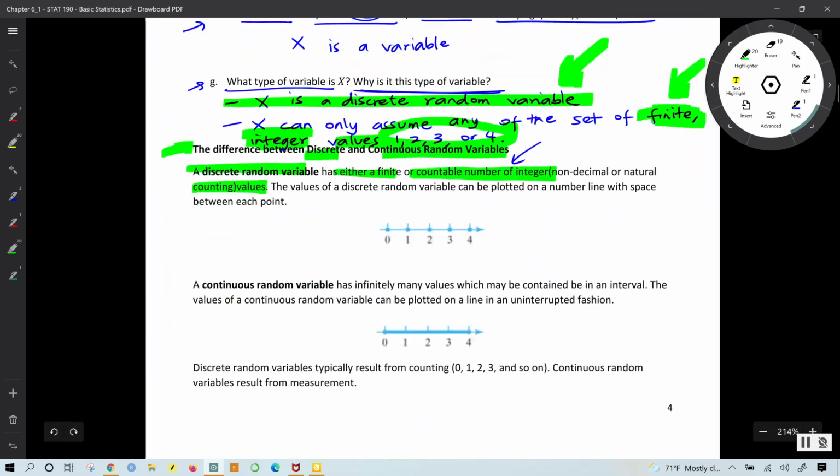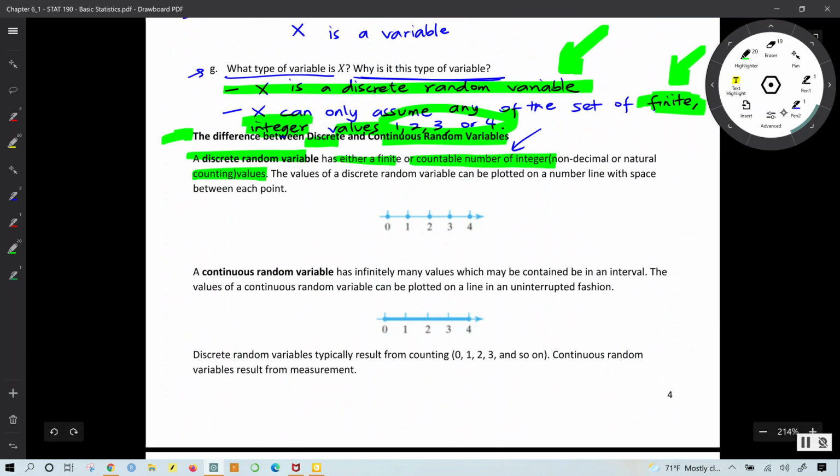So, going back, we'll see that anytime you have a random variable that can take an integer or countably infinite number of non-decimal or natural counting numbers, this will be called a discrete random variable. This visual here tells you that it can only take count values, not numbers in between. It does not take numbers like 0.5, 1.2. No, it does not. In contrast, a continuous random variable has infinitely many values,